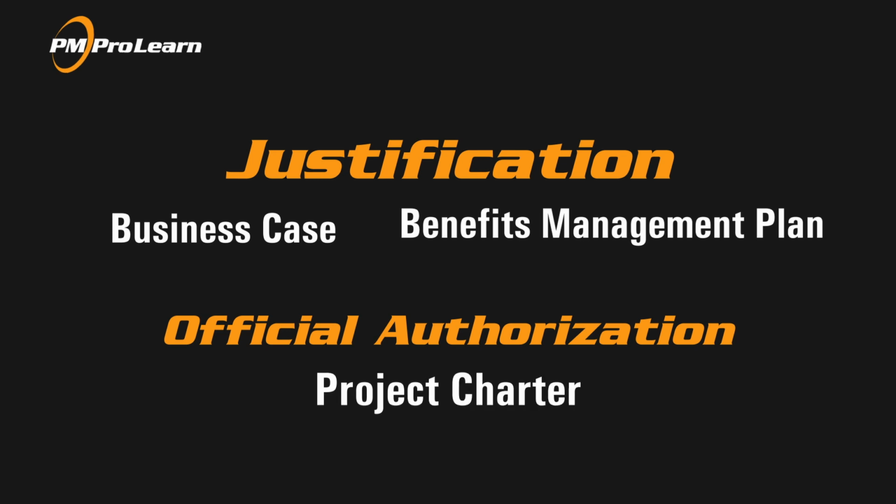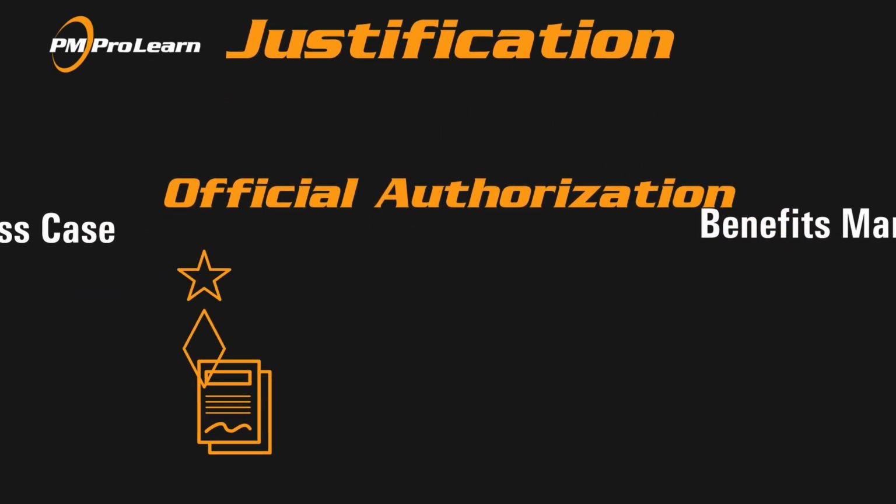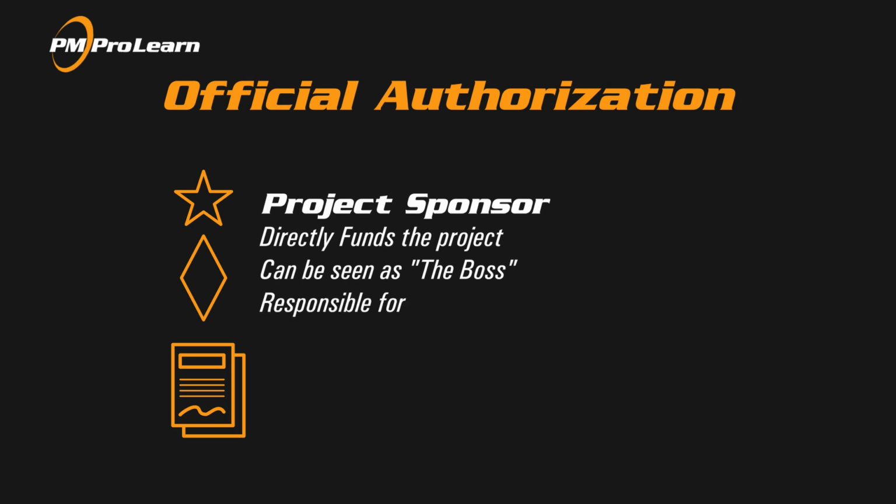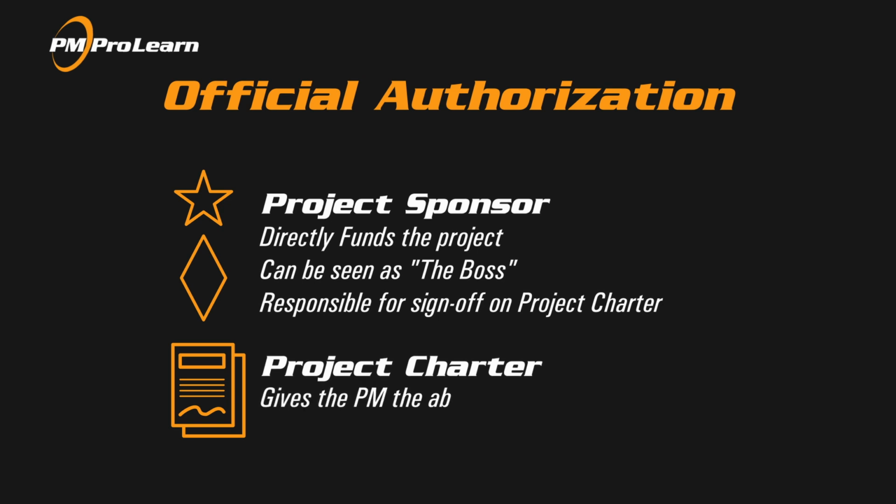Therefore, we would need a project charter that formally starts the project. This document is created by the sponsor. They are the overall accountable representative of the organization and can directly fund the project. In some cases, the project manager is allowed to create the charter if they're given that level of approval. The charter gives the PM power, as it formally grants the project manager the authority to start applying resources to